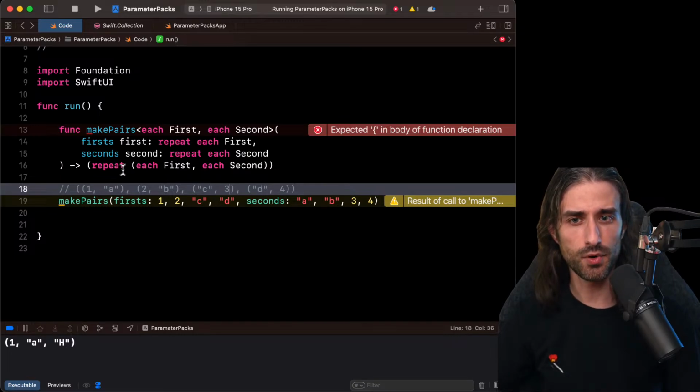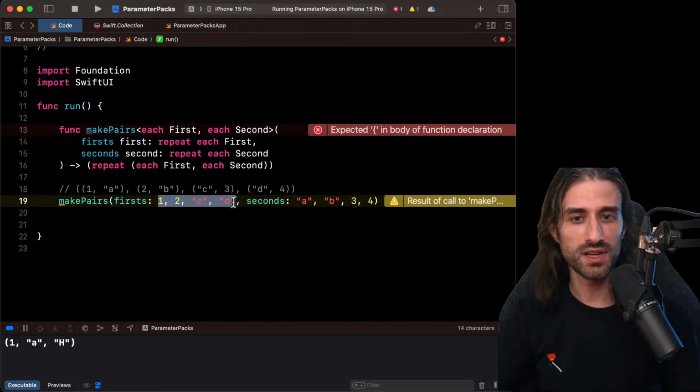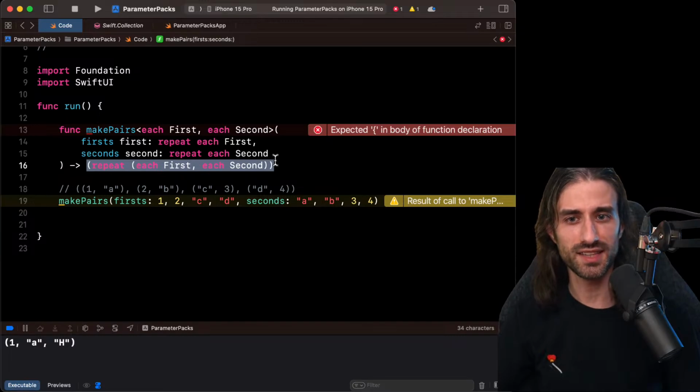So this is this approach of using two parameter packs inside the same expansion that I wanted to introduce with this example. And it's when I told you that I also need both argument lists to be of the same length. What is going to implement this requirement is the fact that I'm using both parameter packs inside the same expansion. When you use two parameter packs inside the same expansion, then the compiler will enforce at compile time that the two parameter packs are of the same length, because otherwise it's just not possible for the compiler to expand the two of them at once if they are of different length.